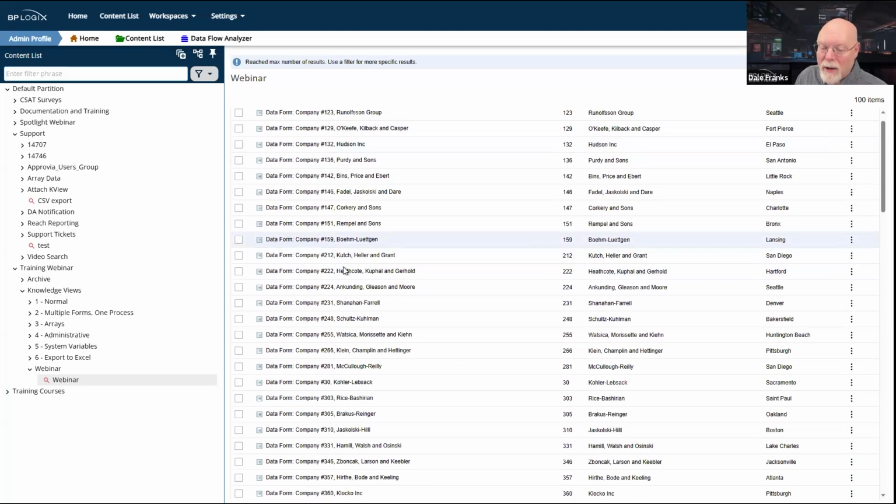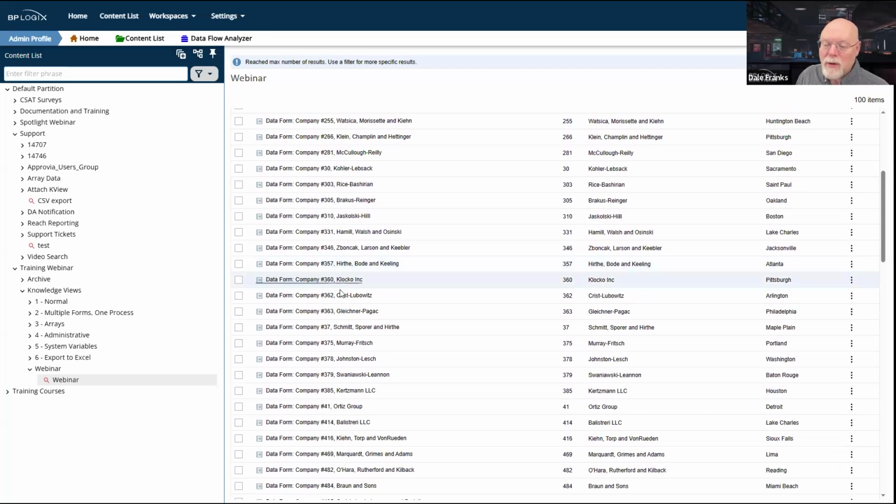It's in alphabetical order. And I can demonstrate that by coming down here and saying, okay, this is company 360, 362, 363, 37. And then back to 375, 378, blah, blah, blah, and then back to 41. This is alphabetical sorting. And with alphabetical sorting, number values are just not going to sort in the way that you think they are.